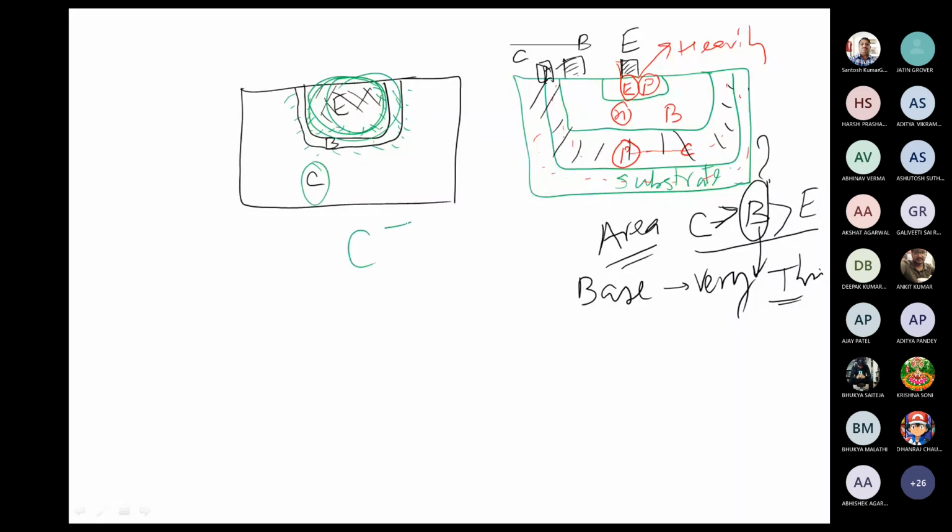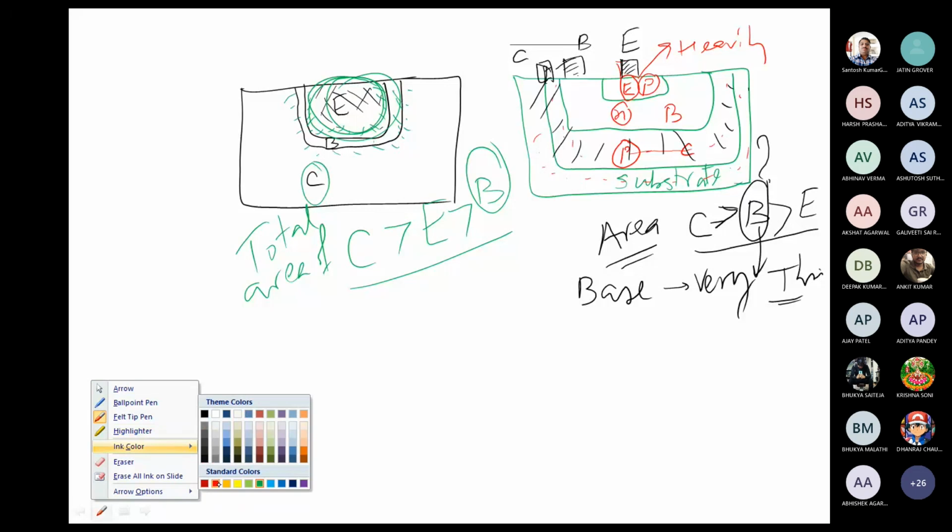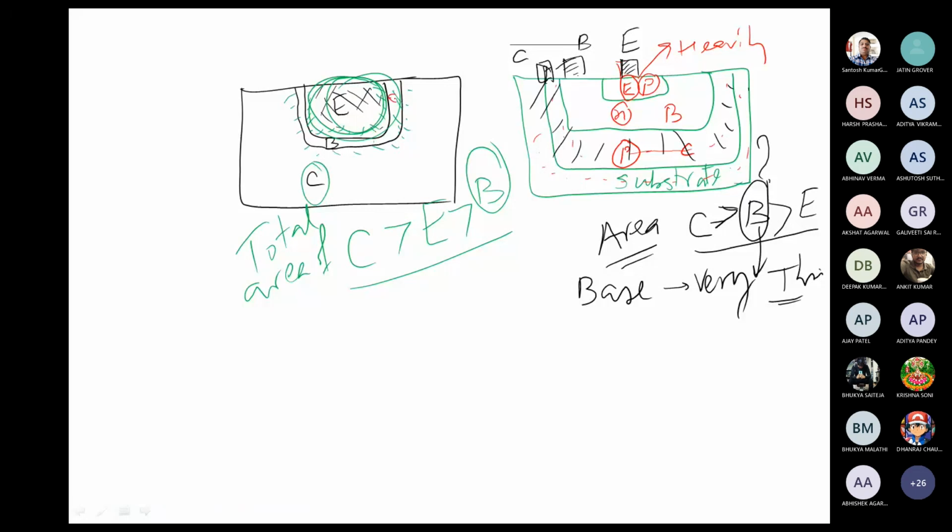Okay, so in reality, if we look at the total areas of collector, emitter and base, then the collector is going to be the biggest one, the emitter is going to be smaller than that, and the base will be the lowest. Even though it is sharing the boundaries with the emitter and collector, the base has this because the thickness of this region is very small.